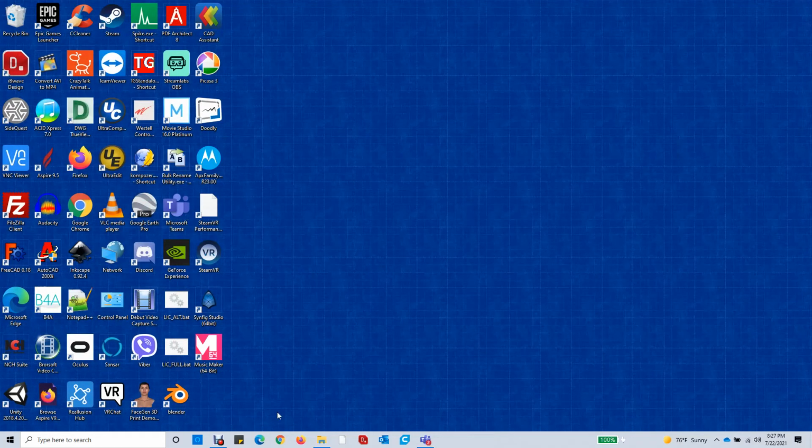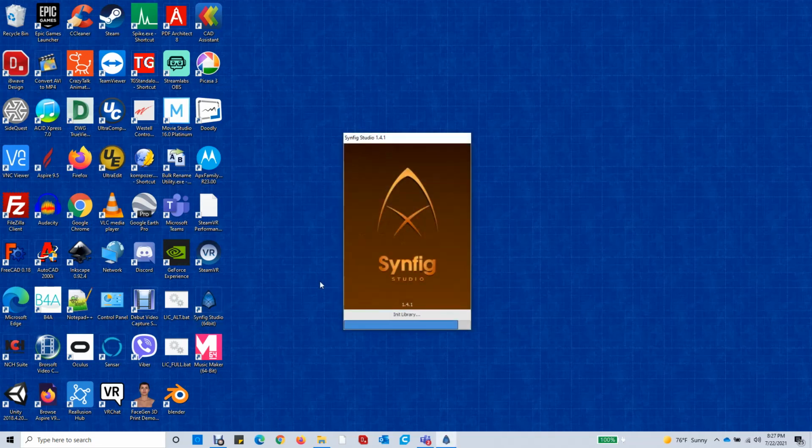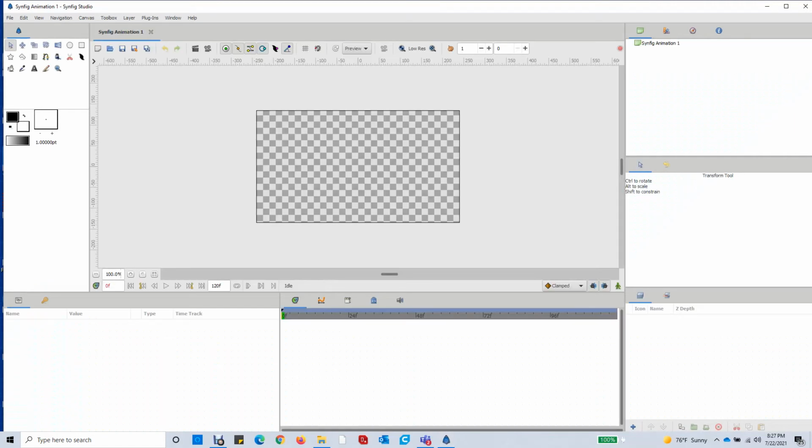Okay, in the first part of the video, we created a really good graphic of a gauge. But right now it's just a graphic. It's just going to sit there. So this is Synfig Studio. It's a free program. It's a great animation program, and we're barely going to scratch the surface of what it can do. It's another one that you should have in your arsenal of programs because it allows you to do a lot of things. You can make full video movies with this program if you learn it properly. But for us today, we're going to keep it simple.